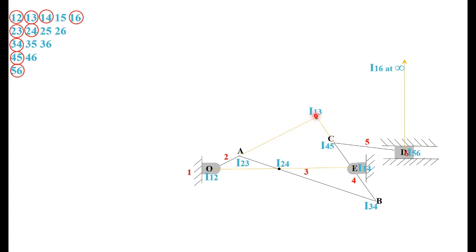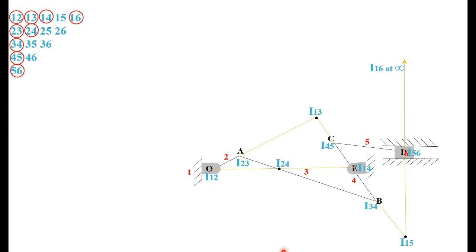Now if you extend in this direction, this is going to infinity and this is also going in this direction, it will never meet. So the only possibility for the center is in the other direction. So you have to extend this line downward, the infinity direction line you have to extend downward, and the other one you also extend. It should meet. Okay, here it is not meeting, don't consider that. Whatever you have to extend to meet, that point will be your I15. Okay,